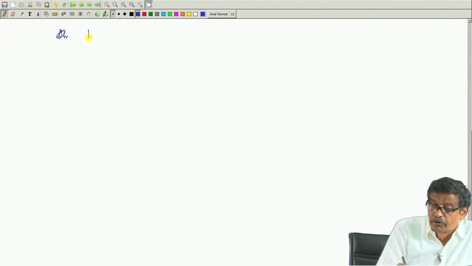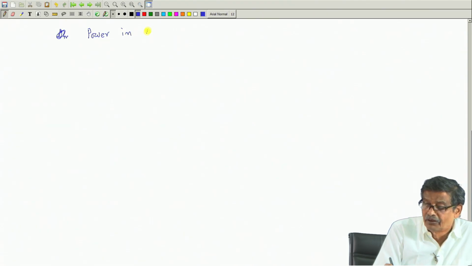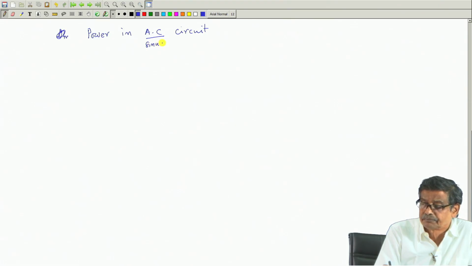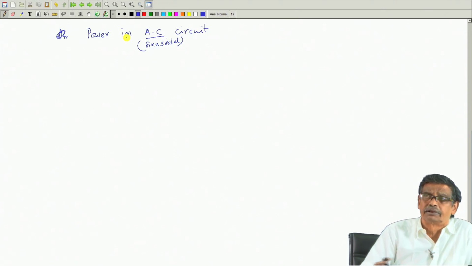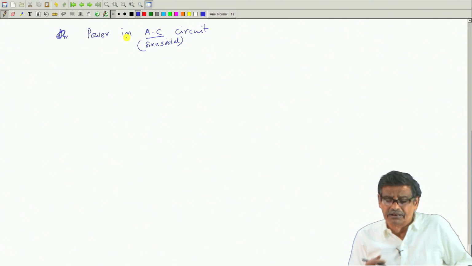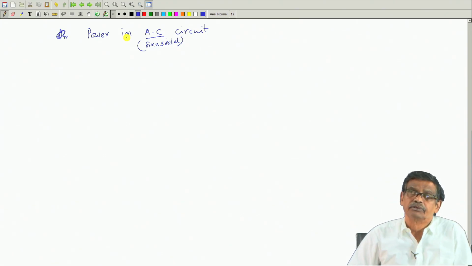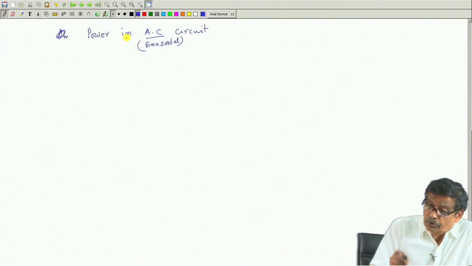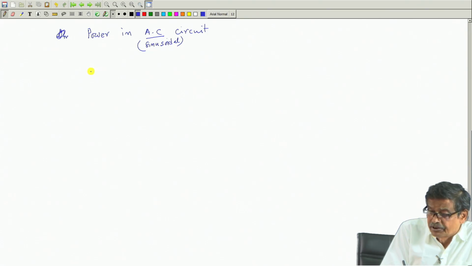concept of power in AC circuit, as people call it. AC circuit underlying that AC means sinusoidal AC. It has become synonymous: AC means sinusoidal voltage. In our country or elsewhere, power is generated as a sinusoidal AC voltage waveform and that is being used. So, let us see very carefully. For example,